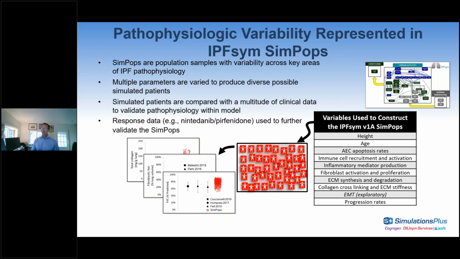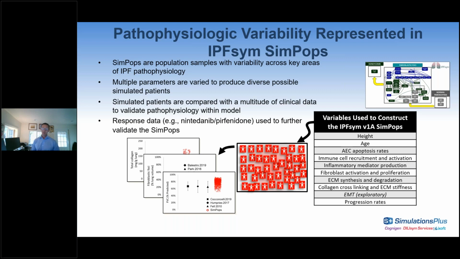There we go. You can see what we were able to generate, again, a wide array of patients across the pathophysiologic and clinical spectrum. And then we set about validating these patients by additional comparisons to clinical data, to make sure that across all of the pathophysiology, everything is indeed within the range of what has been reported, what has been observed in the actual, in this case, idiopathic pulmonary fibrosis patients.